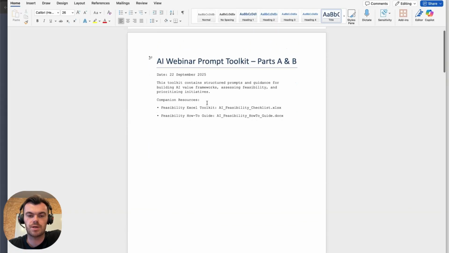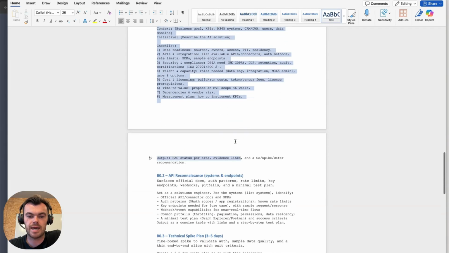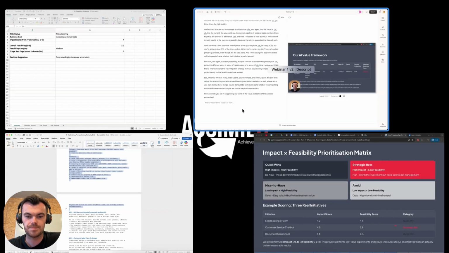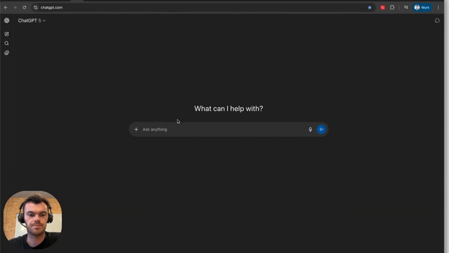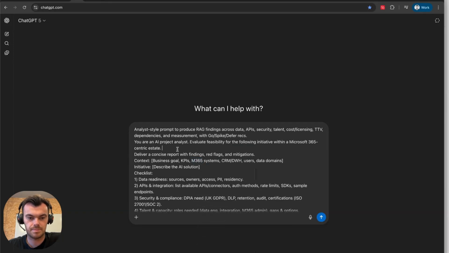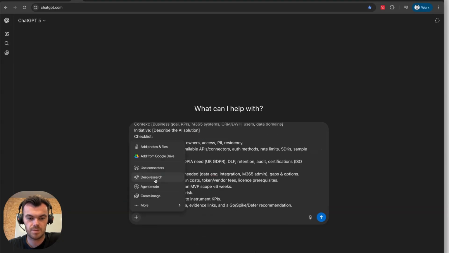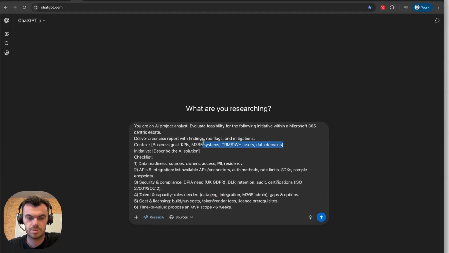Here's the prompt toolkit that I wanted to show you quickly. Let's imagine we have a spike now. Then I would go and say, hey, I've got this, I need this spike researched. I'll go into ChatGPT, do a new chat, and paste this in. We'll do deep research. So context, initiative: I want invoice processing API using LLMs.